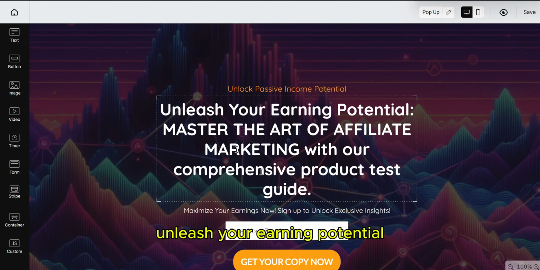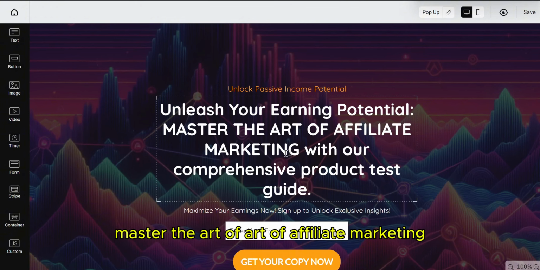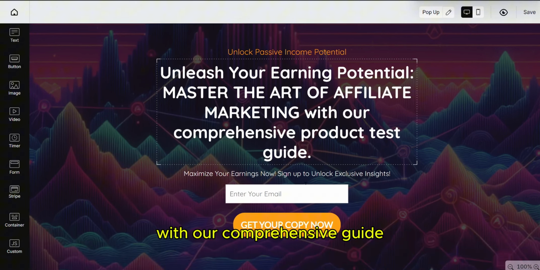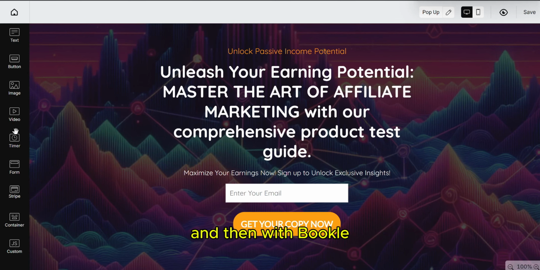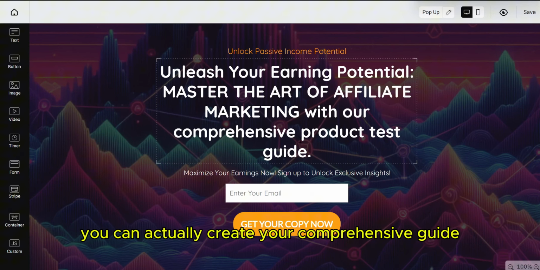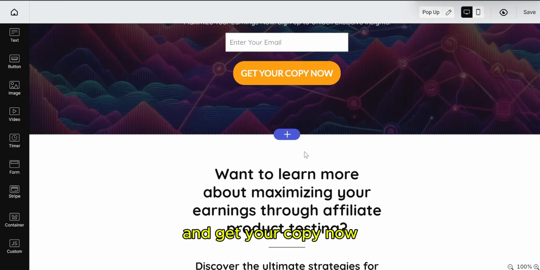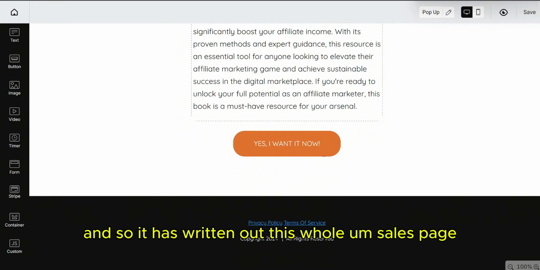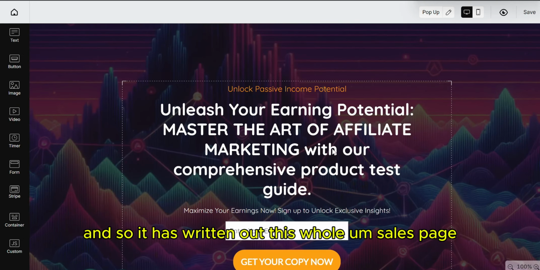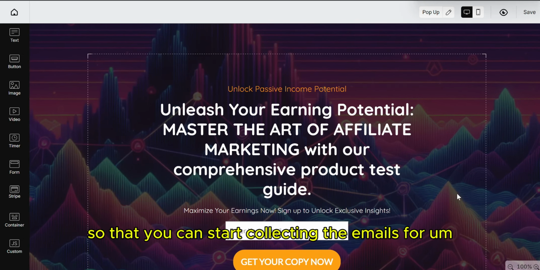Unleash your earning potential, master the art of affiliate marketing with our comprehensive guide. And then with Bookle, you could actually create your comprehensive guide and get your copy now. And so it has written out this whole sales page, or opt-in page, so that you can start collecting the emails for